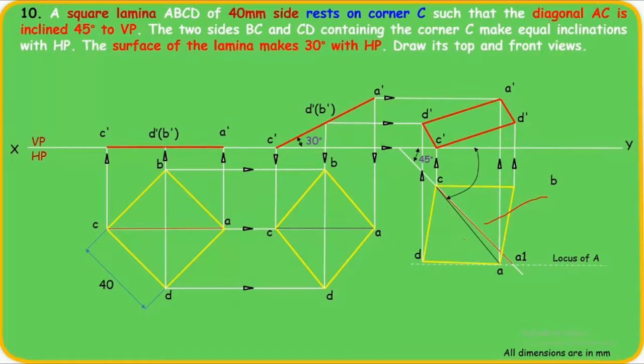What is the solution? The red line indicates the true length of the diagonal, and this black line indicates the apparent length of the diagonal. Whatever the angle which is given to you, whenever they give is inclined, it is with respect to this true length. So if they give appears to be inclined, it is with respect to this apparent length. That is the difference between a locus method problem and a non-locus method problem.